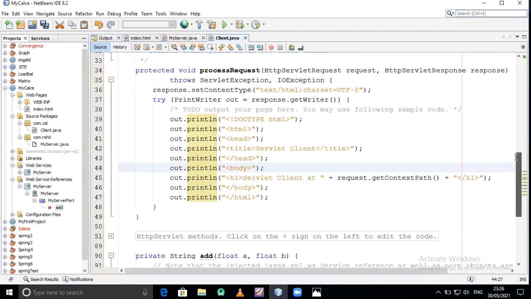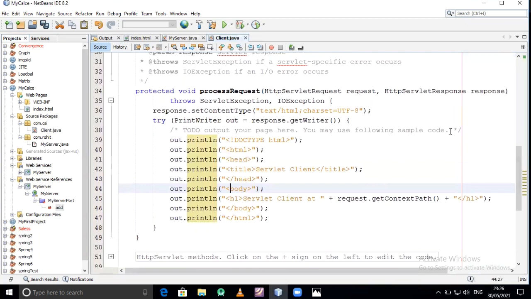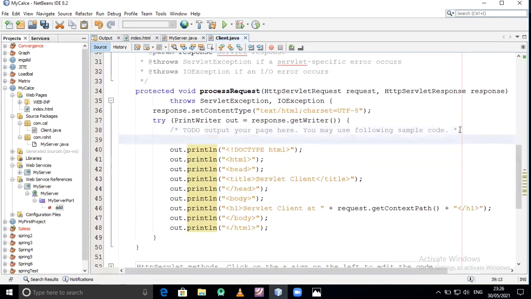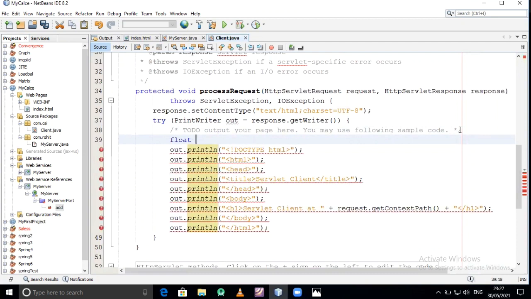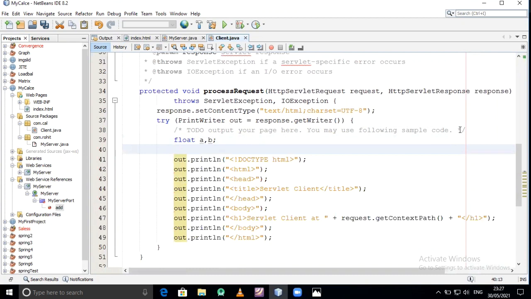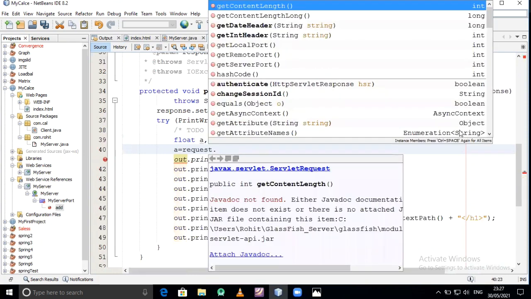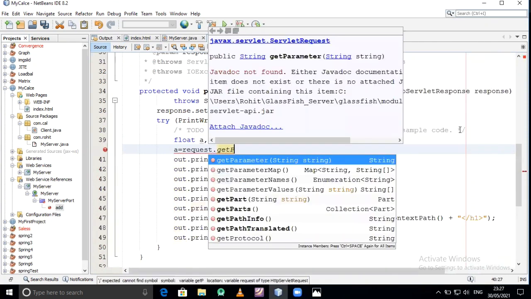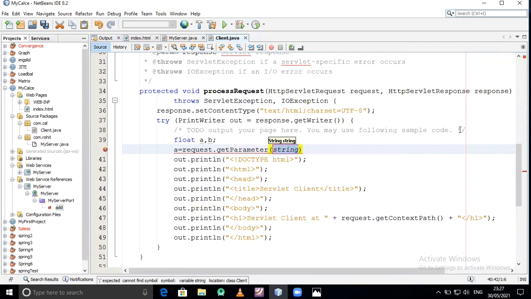Here two variables are required, float A and B. A equal to request.getParameter. This parameter we are taking from the index.html page.